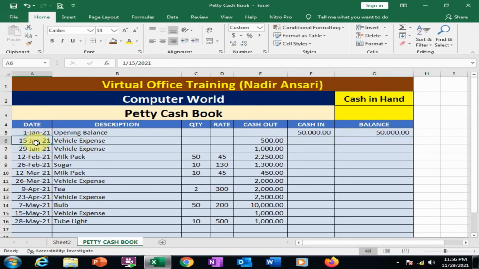Now on 15 Jan 2021 vehicle expenses occurred, 500 cash out, 500 expense. Now how can we calculate here?